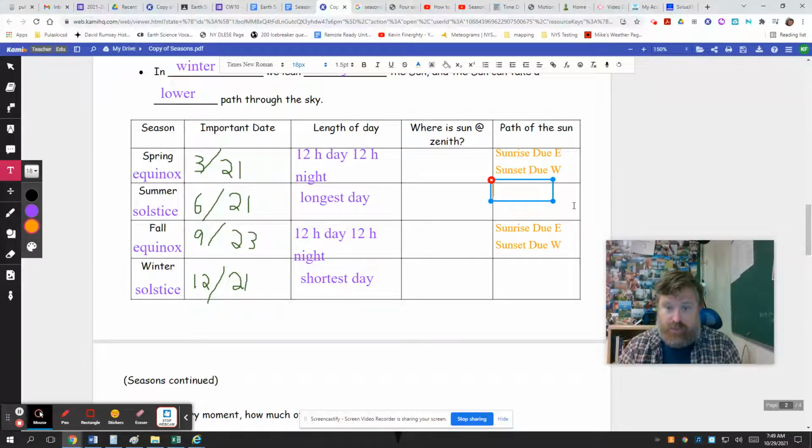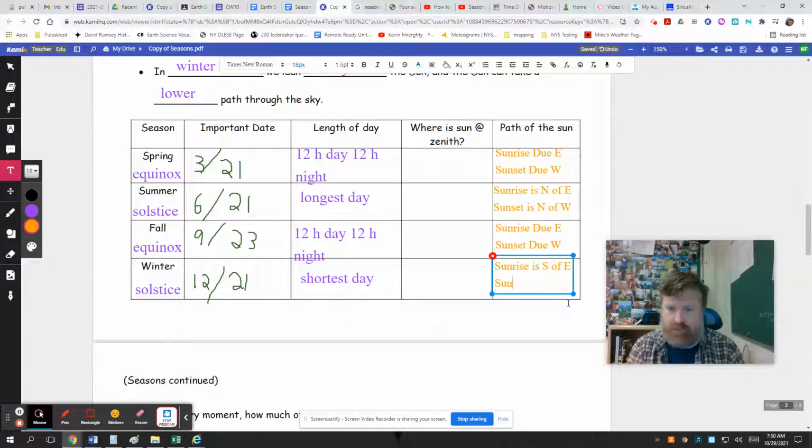So summer solstice, sunrise is north of east, and sunset is north of west. Tough to picture. The next activity you do after this is going to help out with that, hopefully. The celestial spheres, those plastic domes we've been playing with in the back, are supposed to help with this. It's why we got to do this so slow and piecemeal, because each one of these ideas is really complicated. When we get to the winter solstice, the sunrise is south of east. Sunset is south of west.